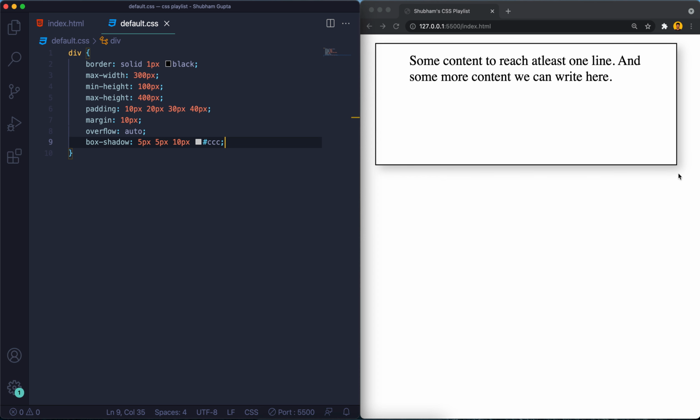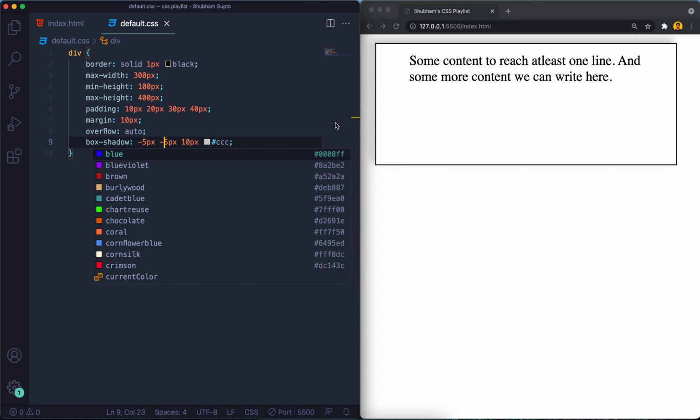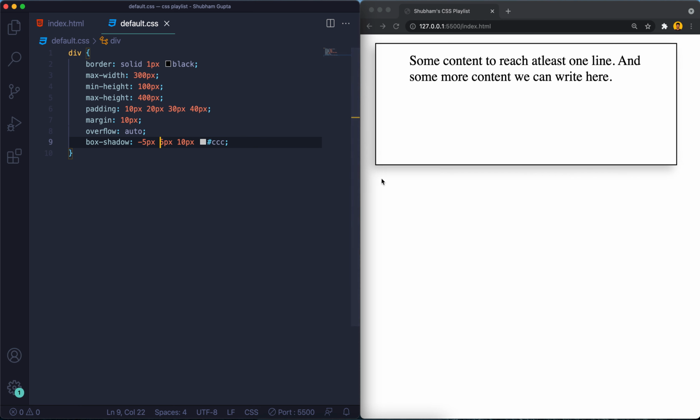I'm saving it, so you can see there is some shadow. For the reverse direction, we can use -5 and -5 for the X and Y direction, and if you want X and Y positive, we can use it this way. So you can use box shadow, which is a bonus trick for now.